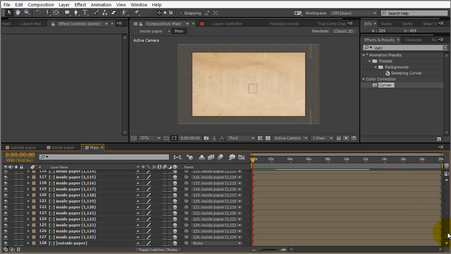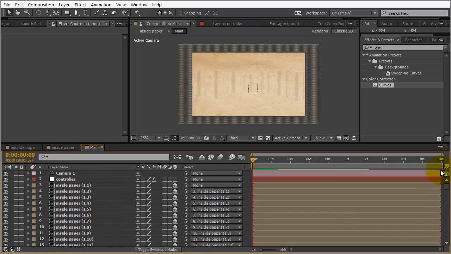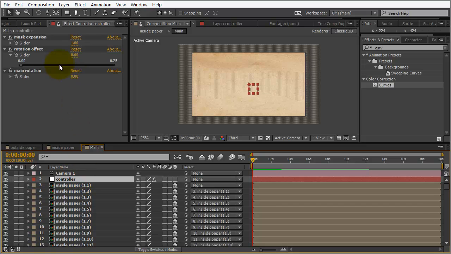Let's go ahead and animate the tear. So on the controller, we're going to animate the rotation offset. We don't need to touch the main rotation because just by applying a little bit of change to the rotation offset, we're going to be adding rotation to all of our layers progressively, right? So a little bit will be added to each layer as we go down the stack here. So at time 0, I'm going to set a keyframe for 0, and then about 2 seconds in,